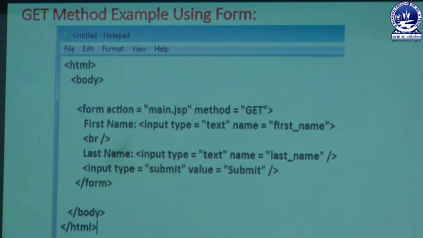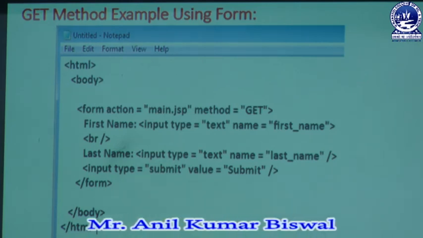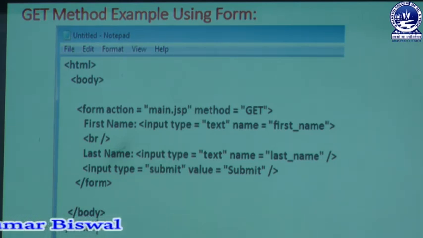The submit button must have a value attribute, and in that value attribute we write the name submit. Whenever the user writes that name, the submit button is displayed on the monitor screen. After writing these two text boxes and the submit button, we have designed a form, and that form must be created successfully in our web page. One thing to remember is that the HTML form page is always linked with our main.jsp page. This is a general way to develop this type of JSP page.